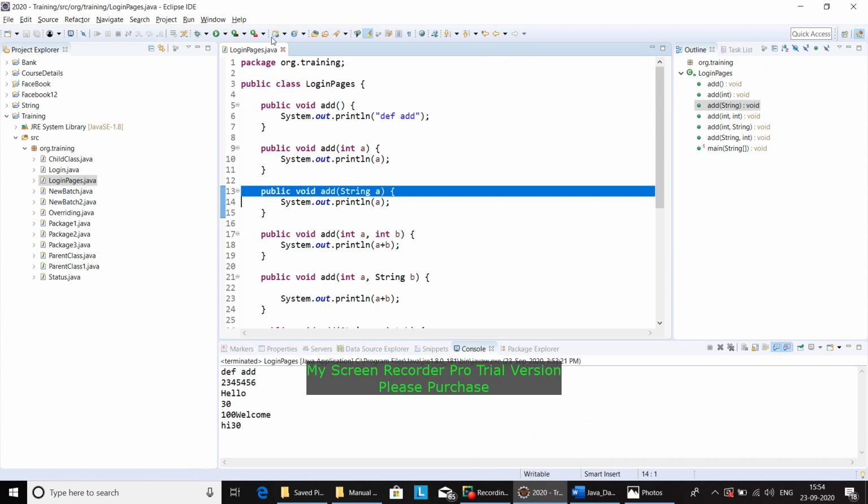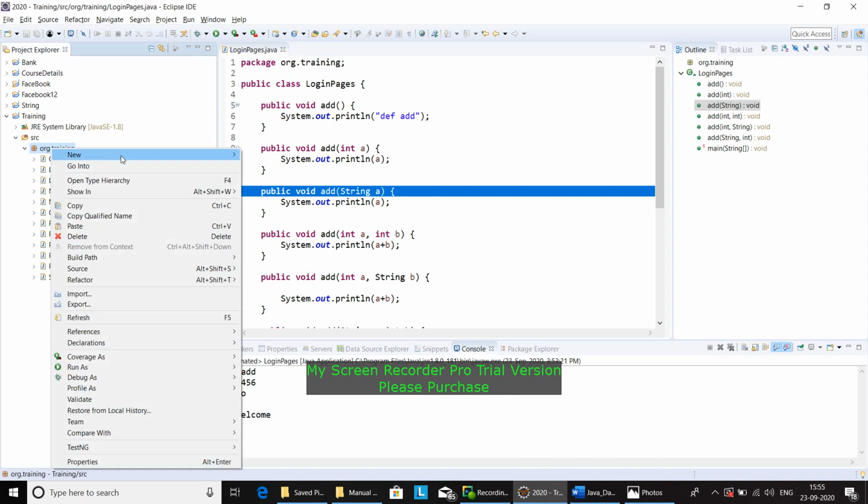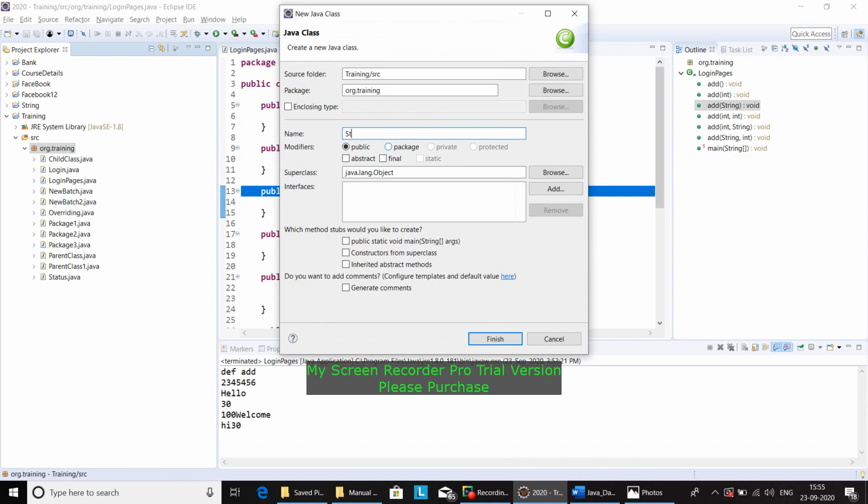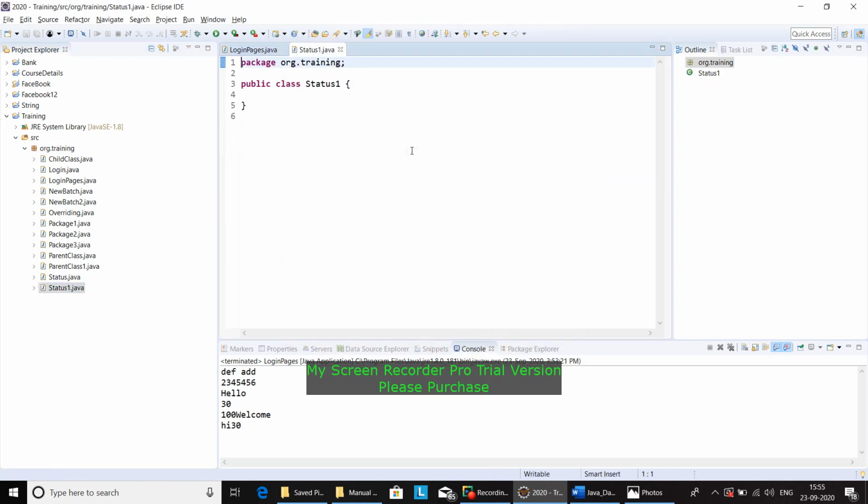Since I already have this login pages class, I will create a new class called status1 class, because I already have status here, so here I named it as status1.